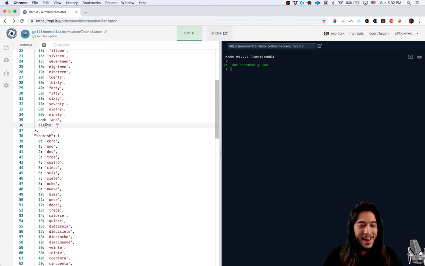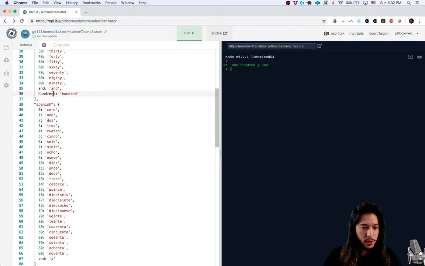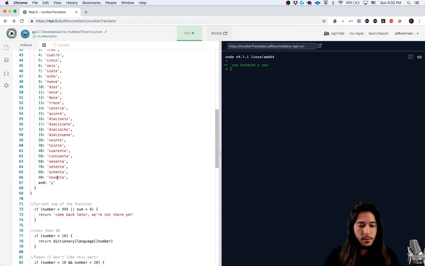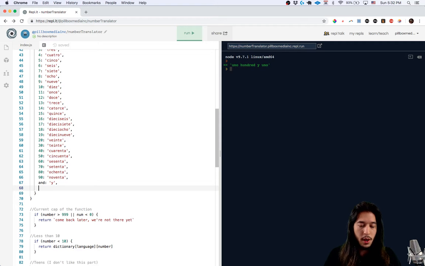All right, so now I'm in my English dictionary writing ciento, 100. So this is going to be 100, 100. Another thing, sometimes you need to slow down, make sure you don't mistype things, because taking an extra 2 seconds to type something properly will save you maybe 5 hours of debugging something if you're really nested deep in some ugly code. All right, so this is cien for the Spanish language.